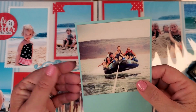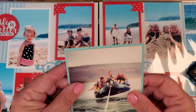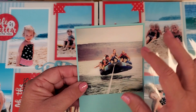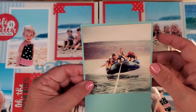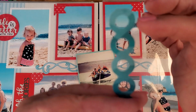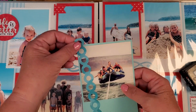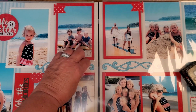Let's take a look at this for a minute. This is a photo that was cut into about a 4x4 square. Sometimes you can crop off the bottom if it's something you don't need. Sometimes you have a horizontal photo, but you only have room for a vertical opening. So you can trim your photo to fit on a piece of cardstock or on one of the variety mat packs. And then I took a piece of paper that kind of has a gradient in color here. It's very subtle, but I just used the Border Maker system with the circle cartridge to just add a layer over here. And then you can slip that in to a Peekaboo pocket,